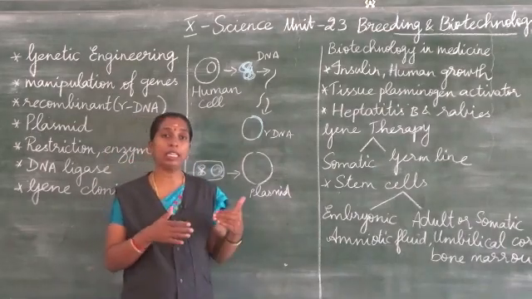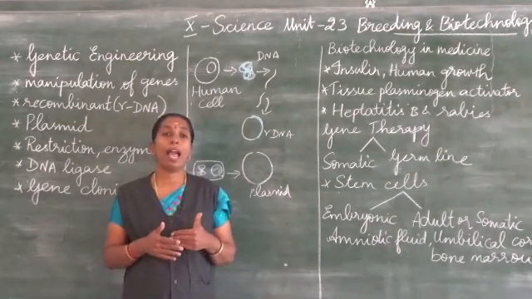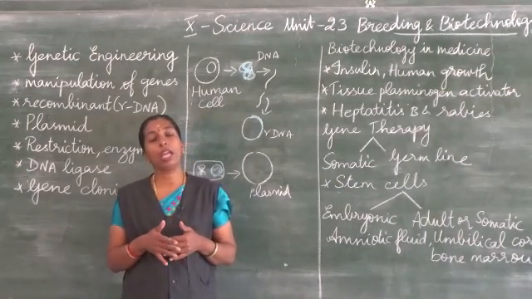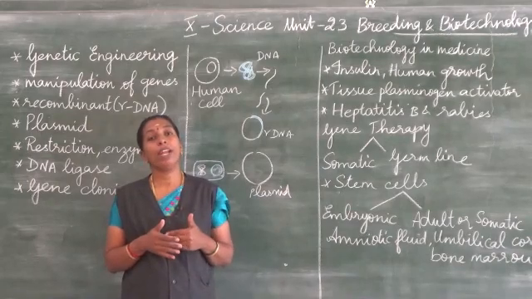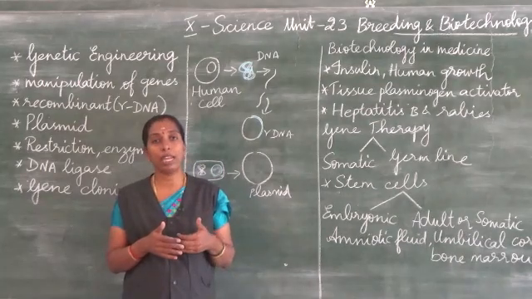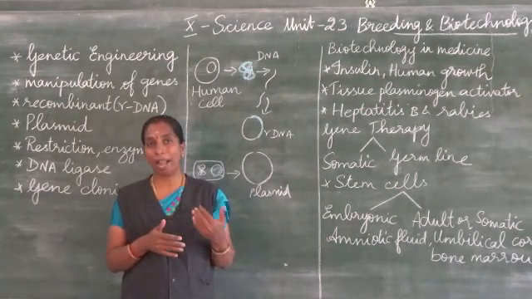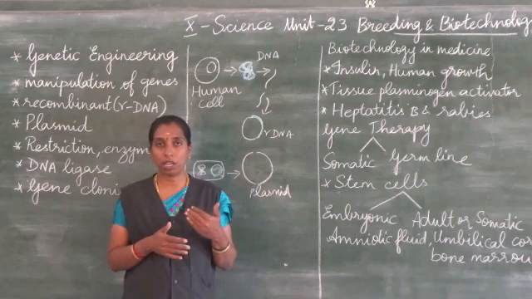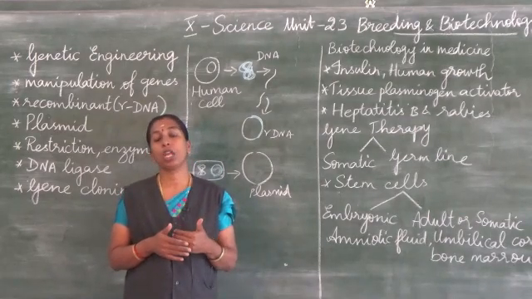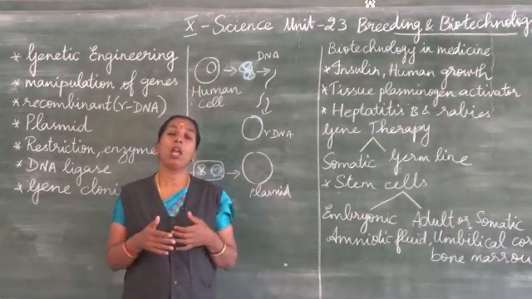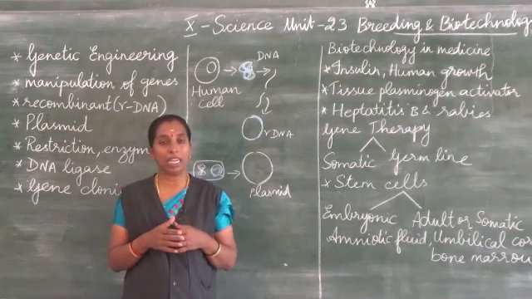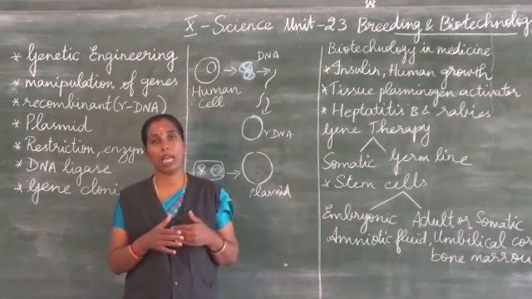Breeding divides into two topics, plant breeding as well as animal breeding. What is plant breeding? Plant breeding is breeding of plants. Animal breeding is breeding of animals. Producing economically important plants of superior quality is called plant breeding. Animal breeding is producing valuable animals for increasing the production of meat and egg.